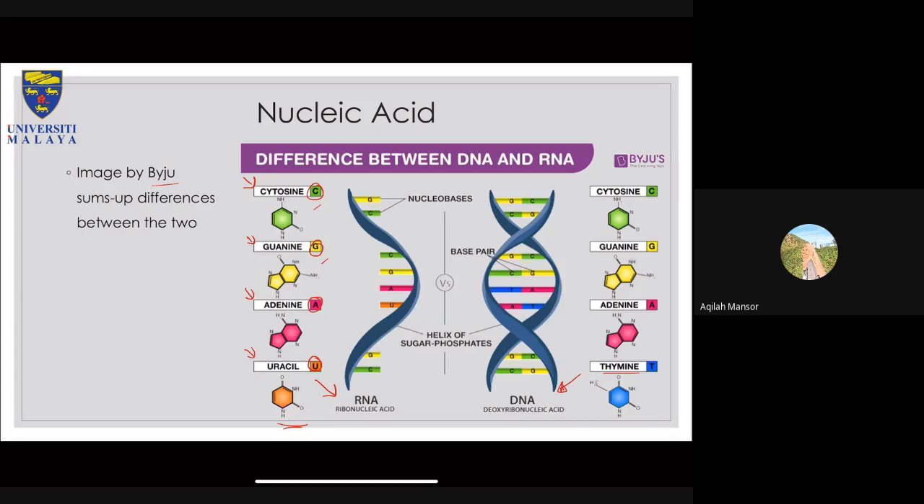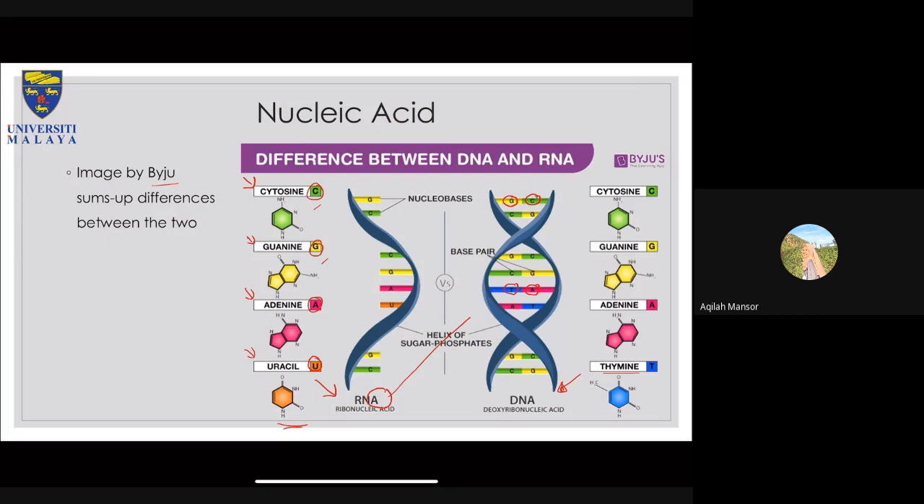Okay, and the uniqueness between these two is that they are complementary to one another. Okay, C or cytosine always pairs with guanine, and A, adenine, pairs with either thymine in a DNA molecule, or it pairs with uracil in